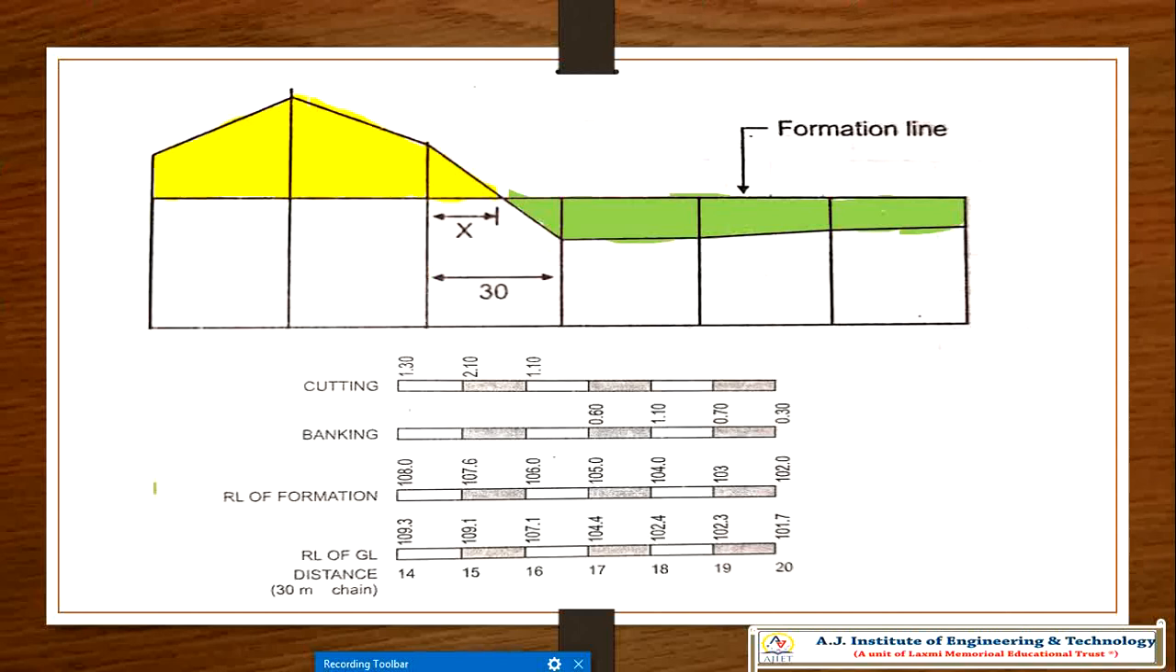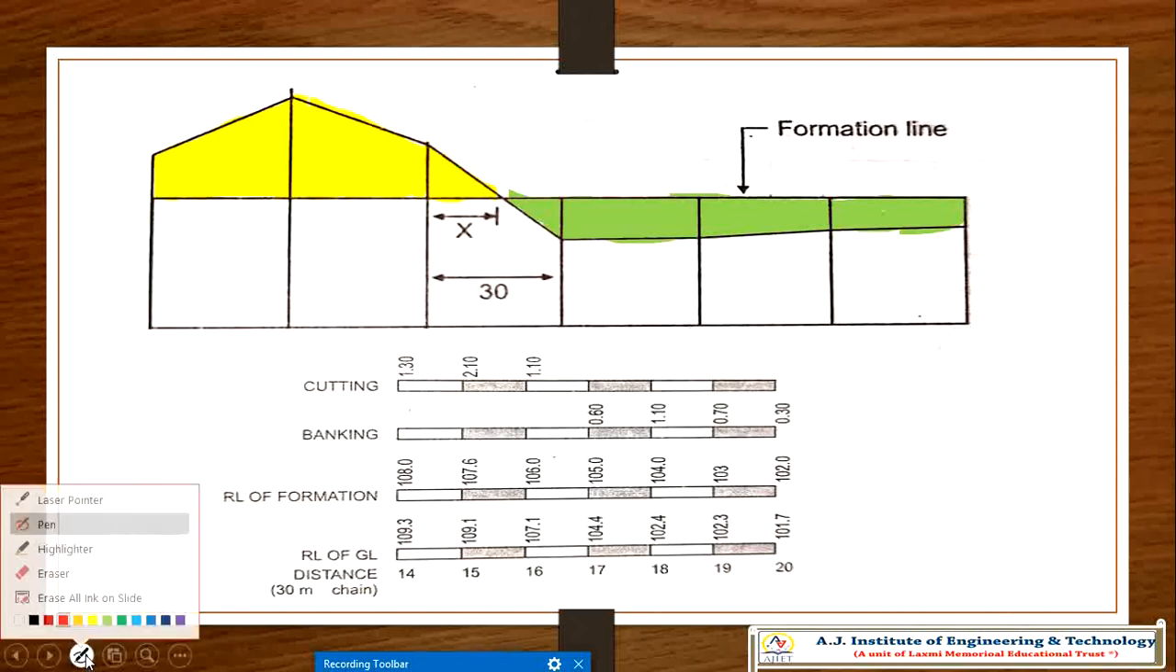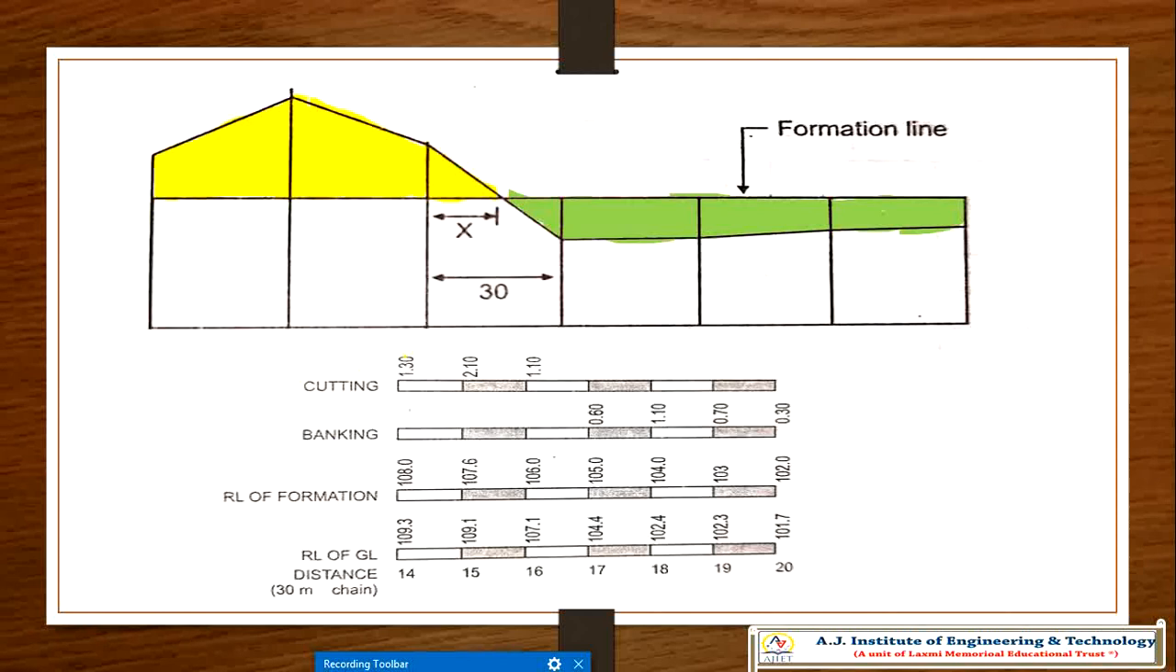There is a difference between cutting and filling. The top one will be cutting, so these are under cutting, and these are under banking. Okay. So now